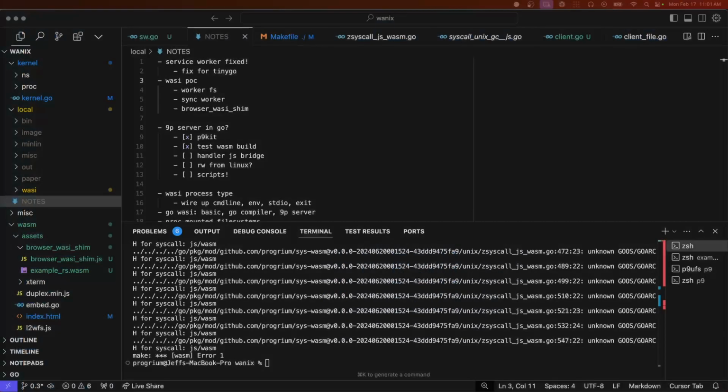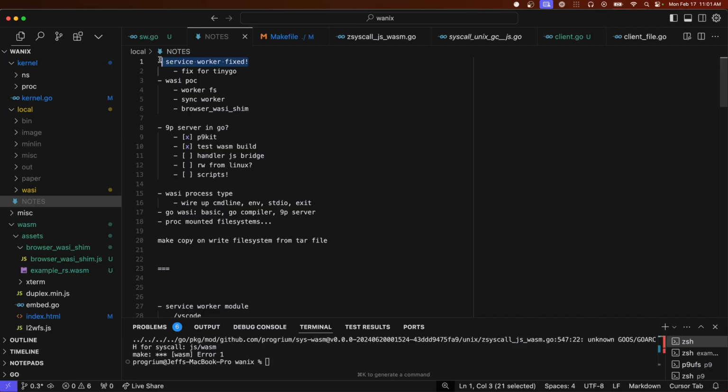A whole bunch of things. So I did get the service worker thing fixed. That's great. Well, yeah, because it's an issue I ran into before with the old Wanix, and then talking with Claude, the solution was pretty simple. Oh, yeah, you did message me about that. Well, that's amazing. So I could show the service worker thing, but then I realized